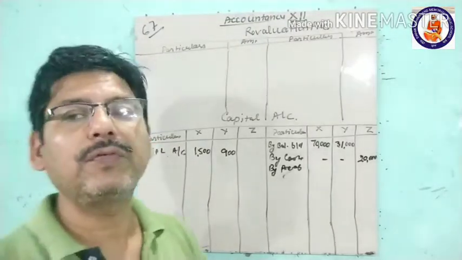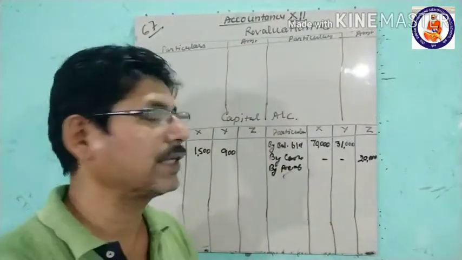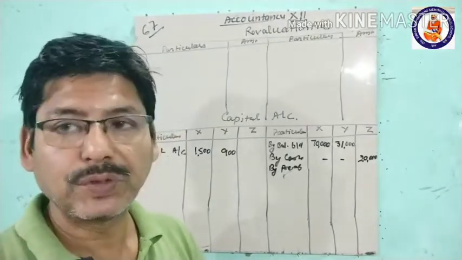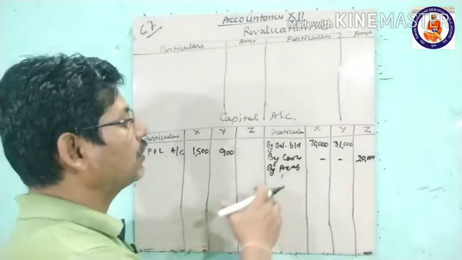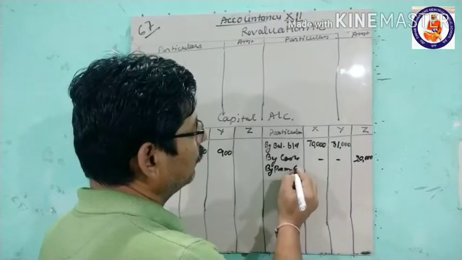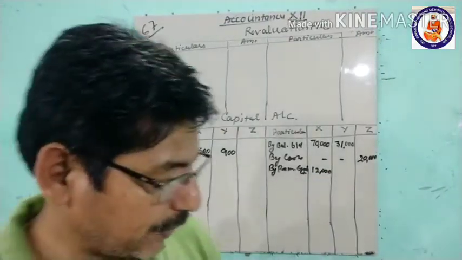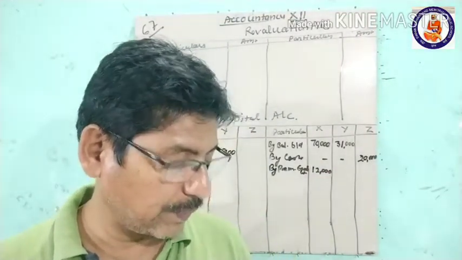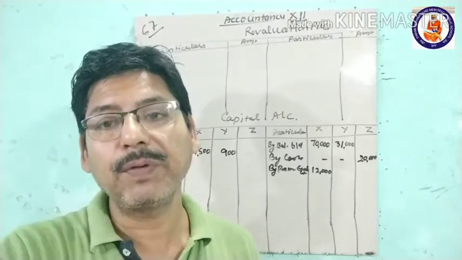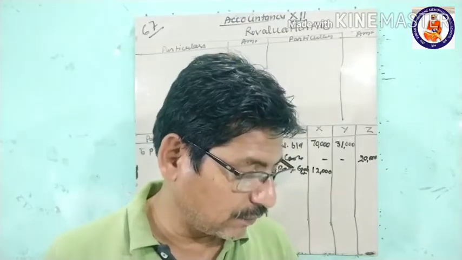After that, the premium of goodwill will be credited to X account, because X is giving the complete share of Jed. So the complete share will be premium of goodwill, that will be 12,000 given by this X. Okay. Now come the next one, premium of goodwill account debit. Now what is the journal entry? Premium of goodwill account debit 12,000 to X capital account, because X is given.